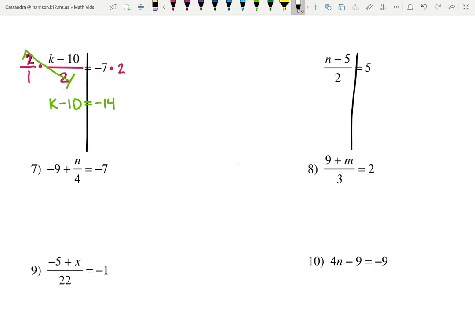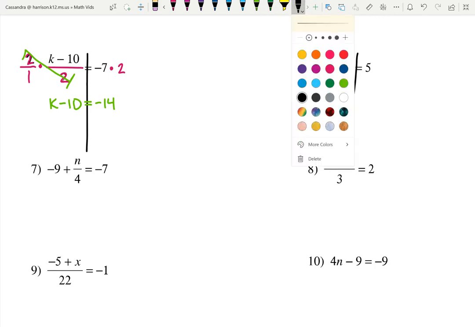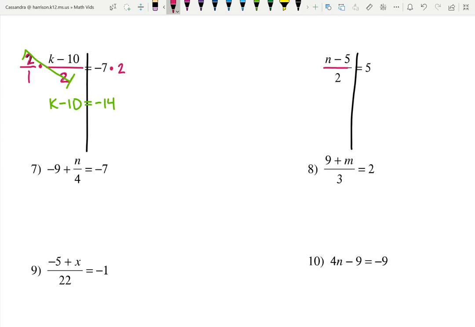We'll do the same thing over here. This is being divided by 2. So again, we will multiply by 2 on both sides. 2 divided by 2 is 1. It cancels out, and we're left with n minus 5 equals 5 times 2, which is 10. So that's the first step in these type of problems, to get rid of that divide by whatever. Now we are just left with the variable,